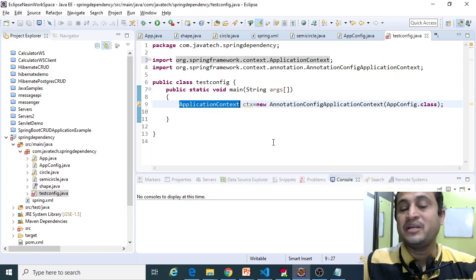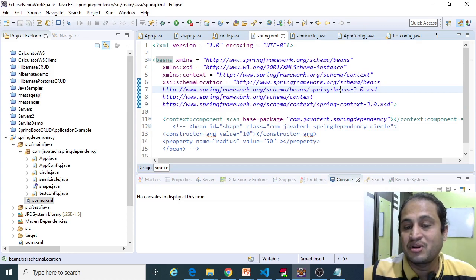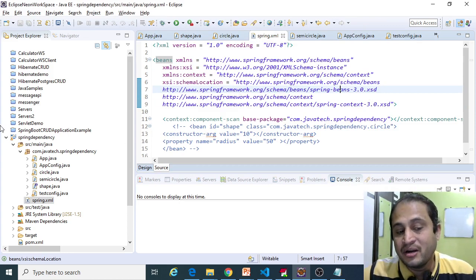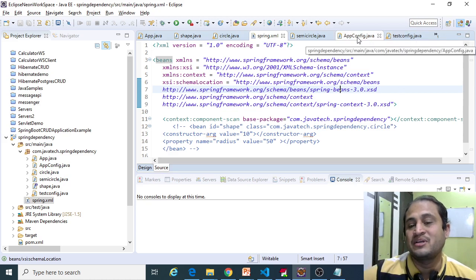This is completely annotation based. I am not at all using Spring.xml, there is no reference. I could have created another project and explained it, but since we are habituated with the circle class and shape, I just used those.